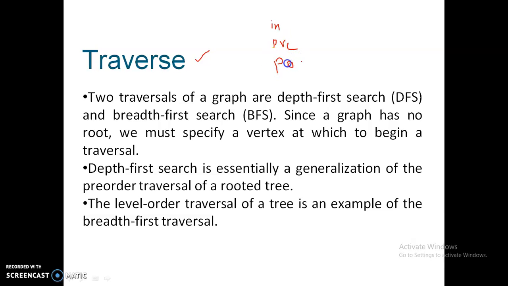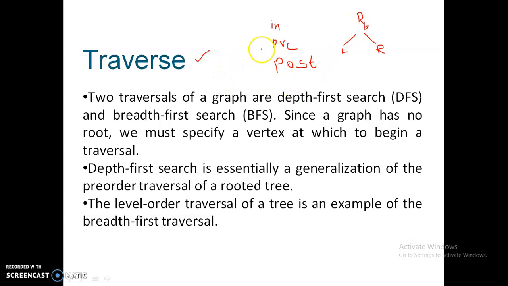So here in the trees we have the root node, so we'll start from the root node and traverse to the left or right. But in graphs we don't have any root node, any node as a starting node. So we don't know how to traverse and how to go into the graph. For that we will take one of the vertices of the graph as the starting node, or root node, or starting point, and from that we will start and traverse through the graph.